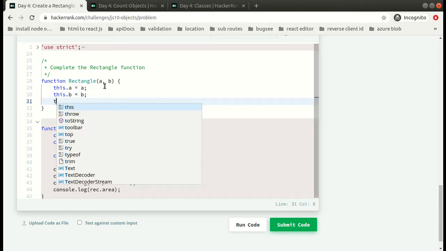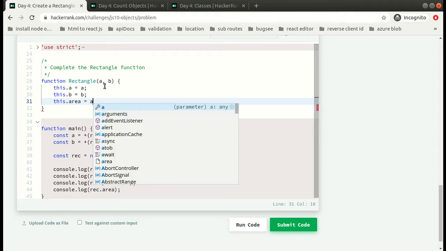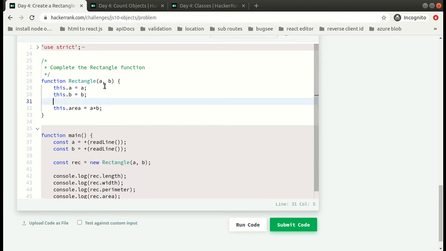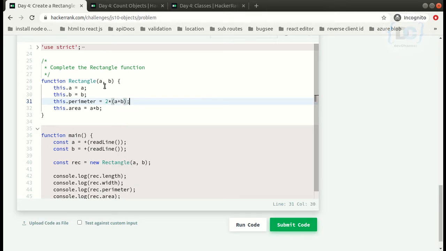It is quite simple program. this.area, that is a into b, and this.perimeter, that is 2 into (a plus b).